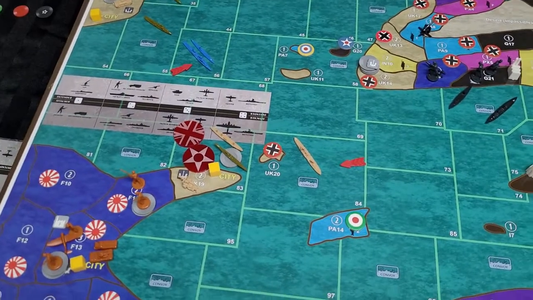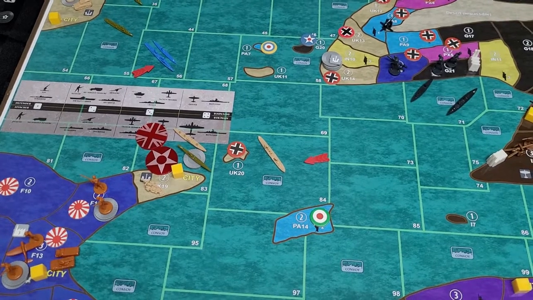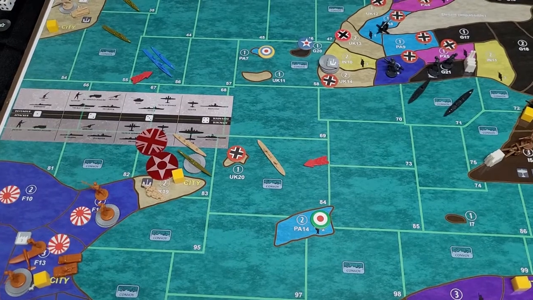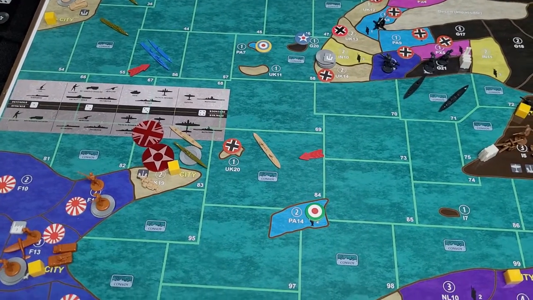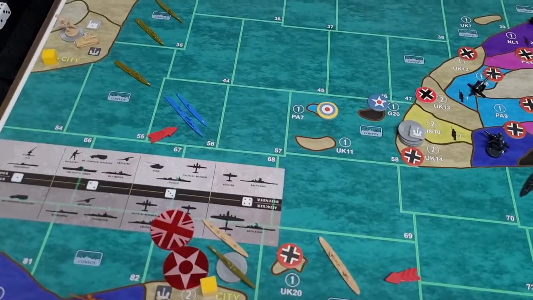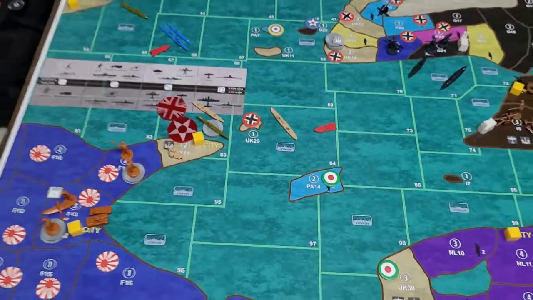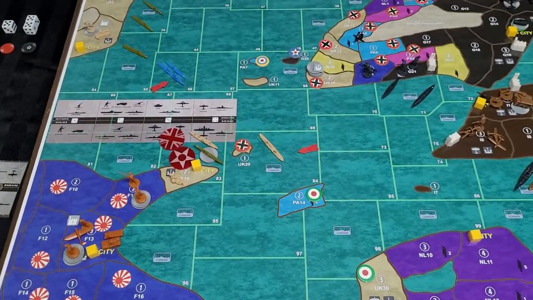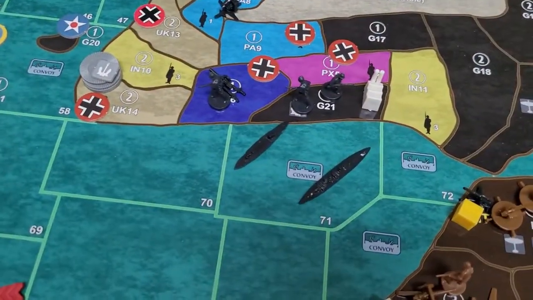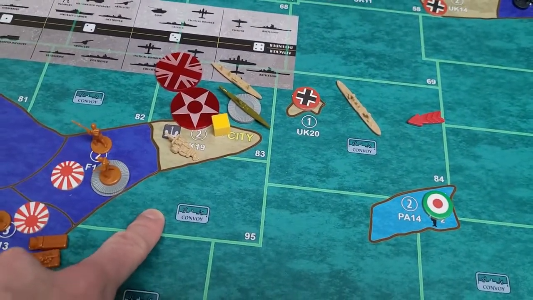So Italy, the plan: the turn order is kind of working in my favor here. That's why you see a couple of red arrows. Right now we just finished the UK turn, so it'll go Italy, then France, then Germany, then Japan, in terms of anything that's over on this side of the board. The plan is to get this German cruiser right here parked down here in 95